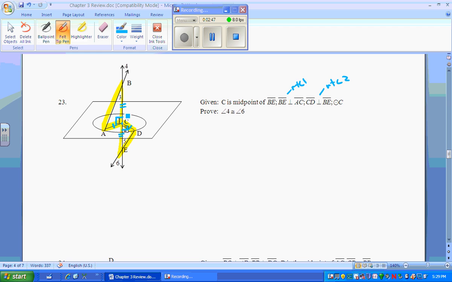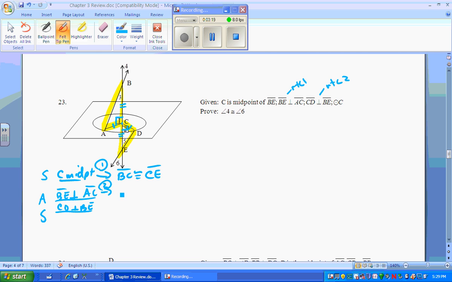How are these two triangles congruent? Side, angle, side. So C was the midpoint, causing reason 1, which is BC being congruent to CE. The angles came from the BE being perpendicular to AC and CD being perpendicular to BE,